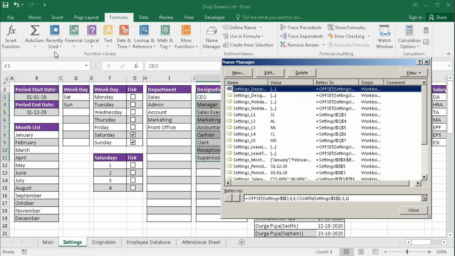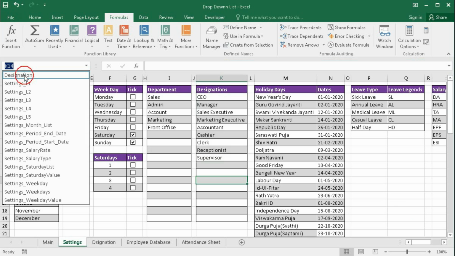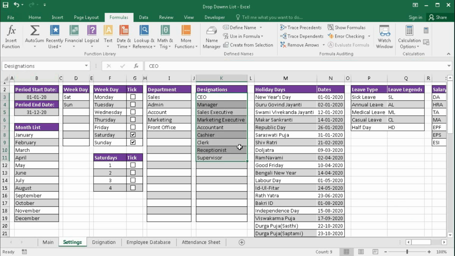If you want to know more about name range, you can click the icon button on the top right corner and get the list of videos in which the name manager tutorial is given. So I will not use this, just go to the name box and type designation or designations, enter.